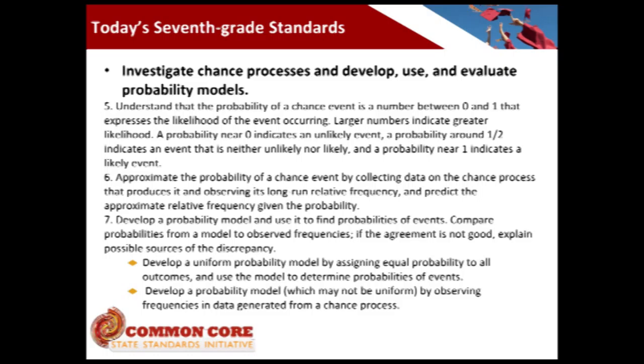Now, though you thought you were done in 7th grade, we keep going. This is extending that understanding to compound events. So we're not just dealing with flipping a coin. We might be flipping a coin and rolling a die. We might be pulling a card from a deck of cards and then doing something else. So defining those probabilities for compound events, sample spaces, which means making your tree diagrams, your organized lists, your tables, whatever you need, and then defining all the possible outcomes, and then designing experiments